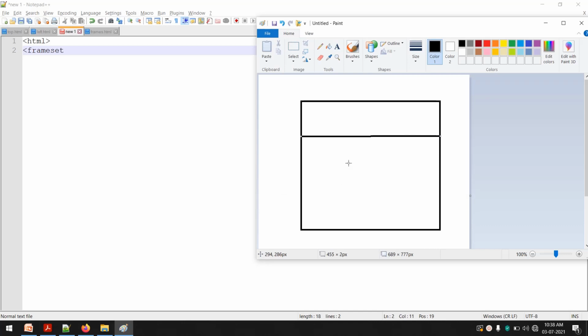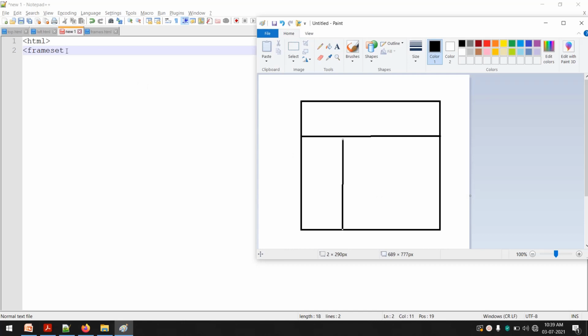And then in the second row also we have two parts, like this. And here we will display our top document, here left, and here the registration form.